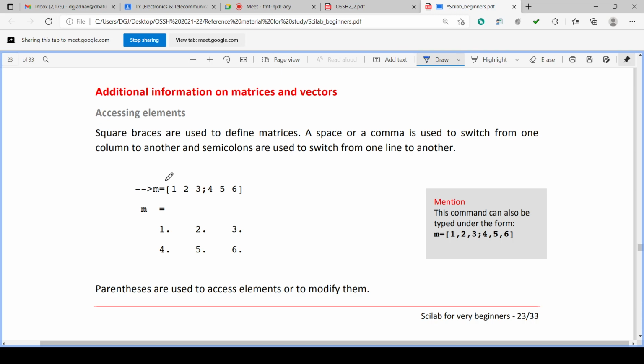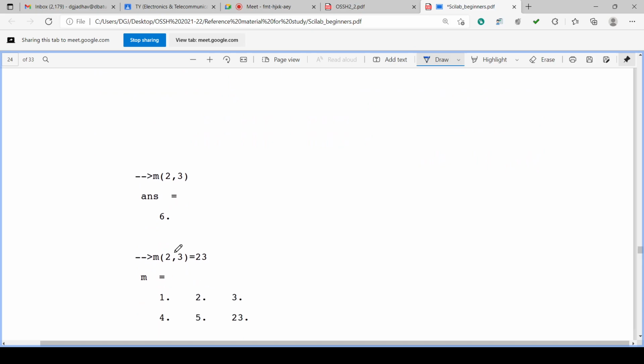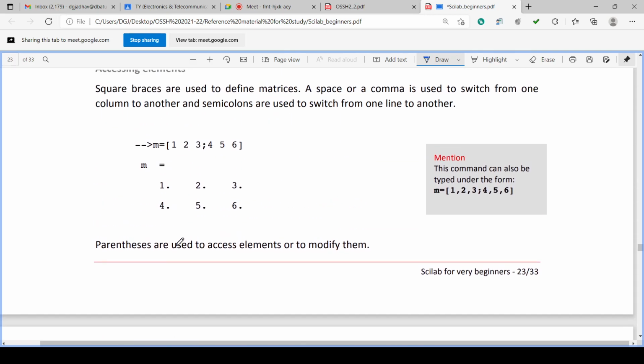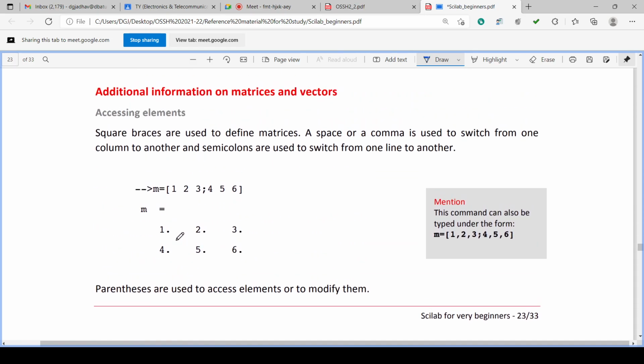Then we can have, suppose this is the matrix, a 2 by 3 matrix, and if you type m, it will display all the values. Okay. Now suppose we want to access the elements.